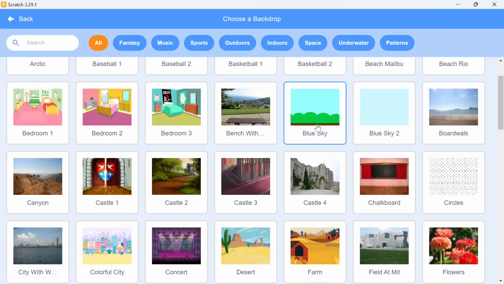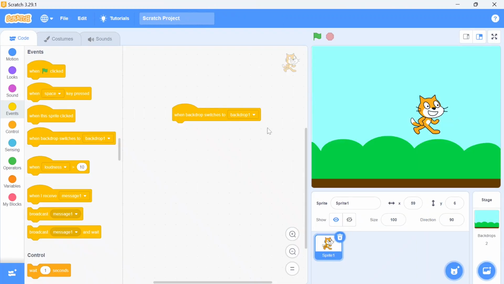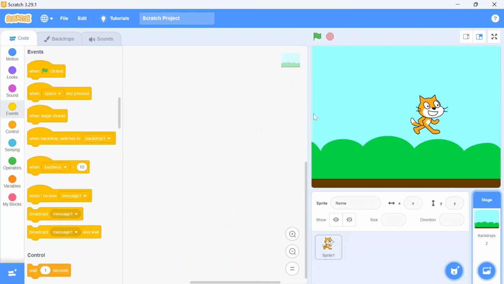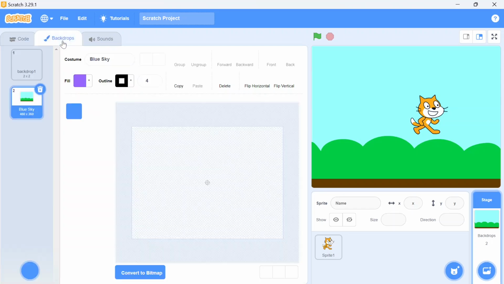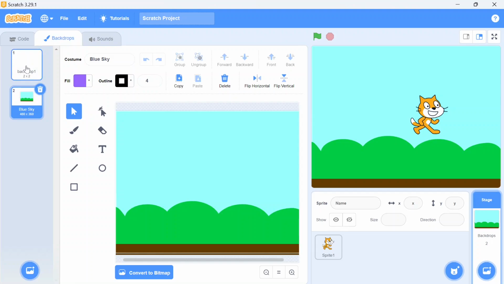Suppose I choose this blue sky. Now there are two backdrops. How will you find out there are two backdrops? Just select this backdrop 1 icon and you can see the costume has changed into backdrop. Now you can click on that and see there are two backdrops: one is blank and the other is blue sky. Which means now you have two backdrops in your script area.